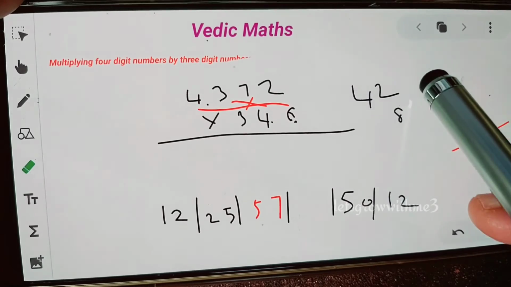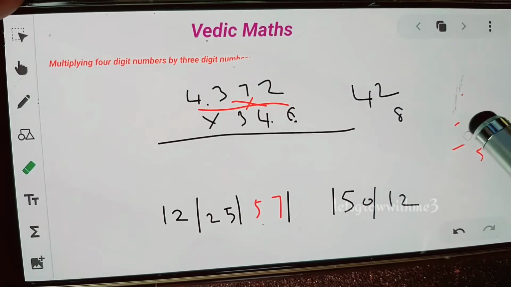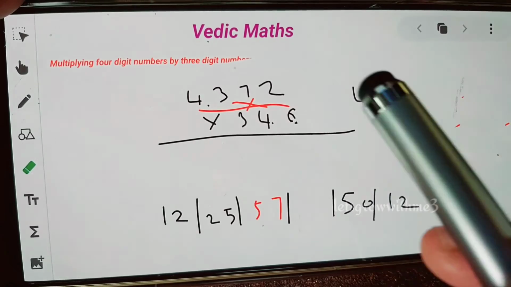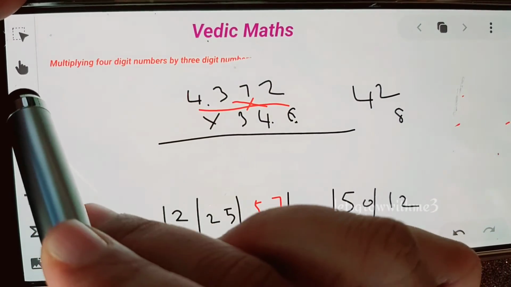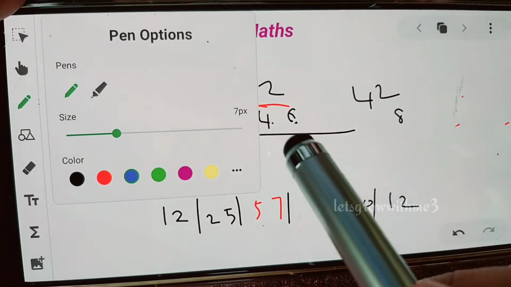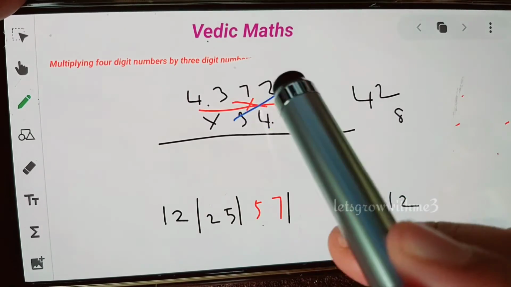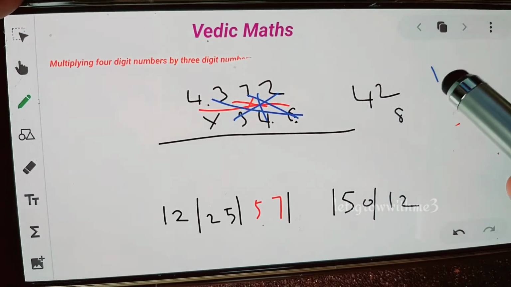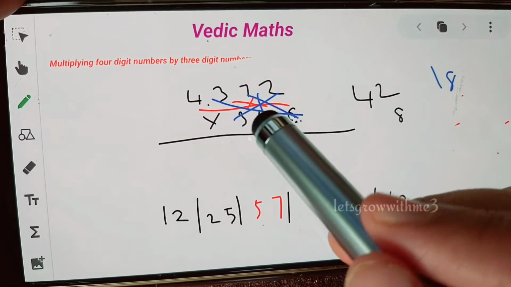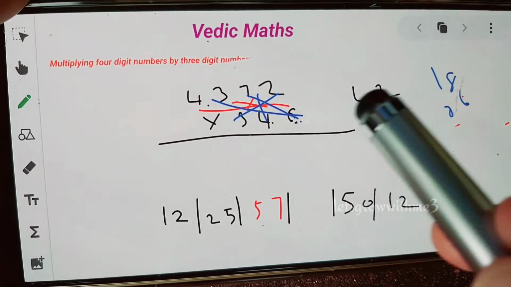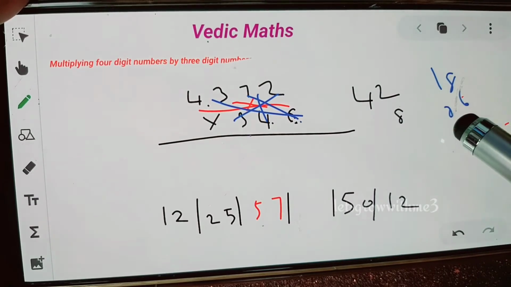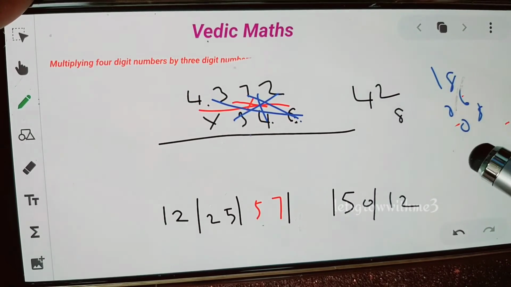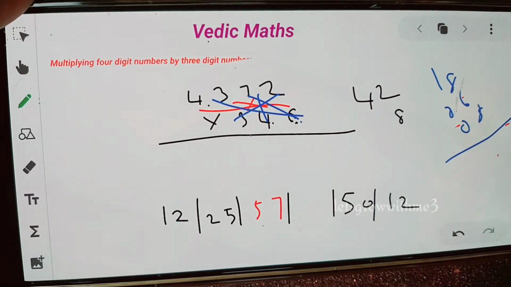Now let's see the second degree cross second value. For that we need to consider digits 372 and 346. So if we multiply in the same manner, 3 6s are 18, 3 6s are 18, 2 3s are 6, 7 4s are 28. 3 6s are 18, then 3 2s are 6, then 2 4s are 8. So we need to add all the above values to get our final value, which is 2.